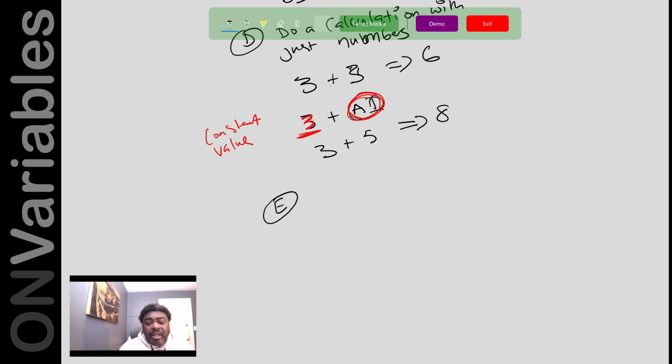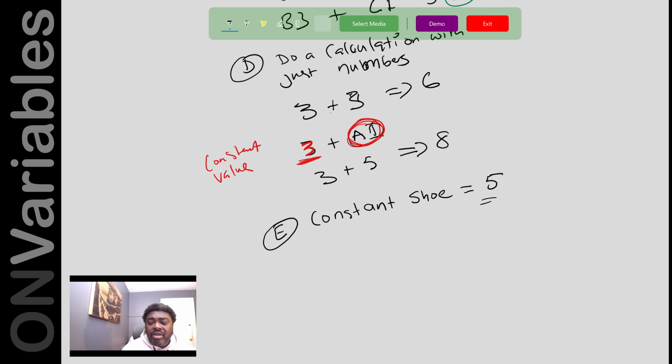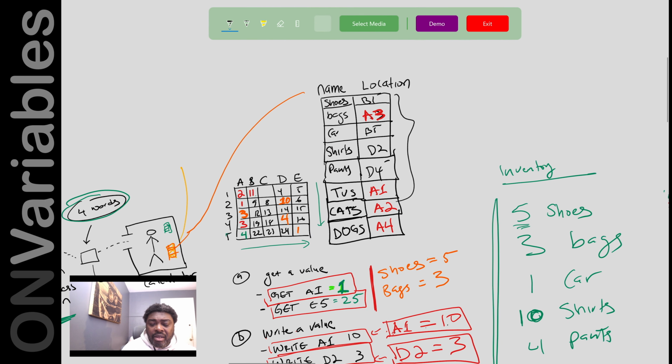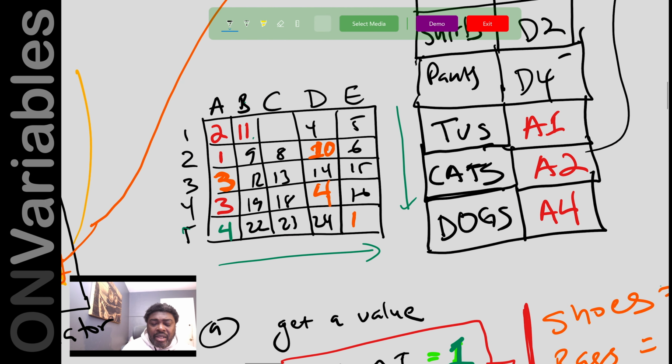So what if we added something to indicate unchangeable? Let's not use unchangeable. Let's use constant, right? So if I say constant shoe equals 5, then what that tells the person inside the box is that